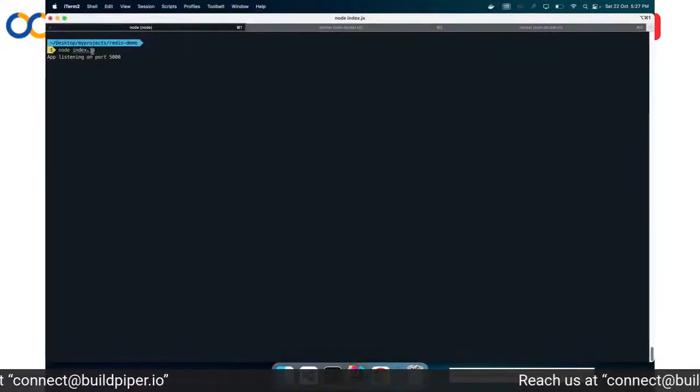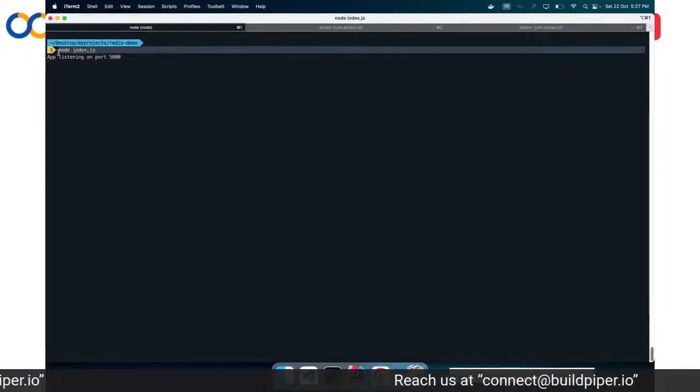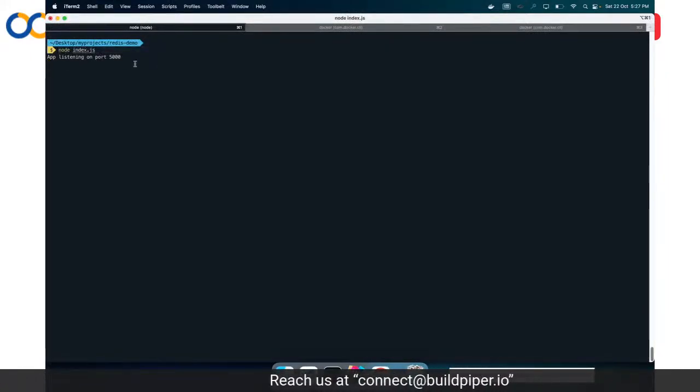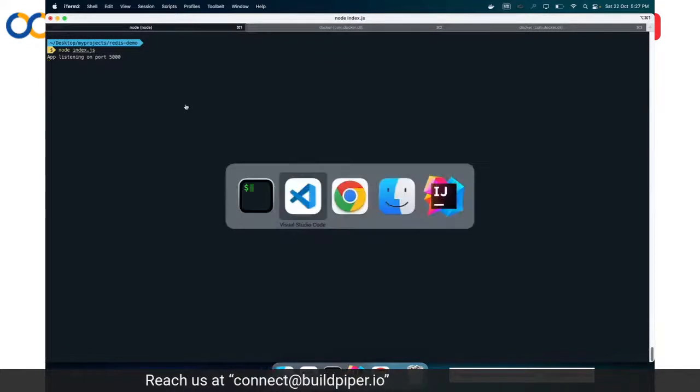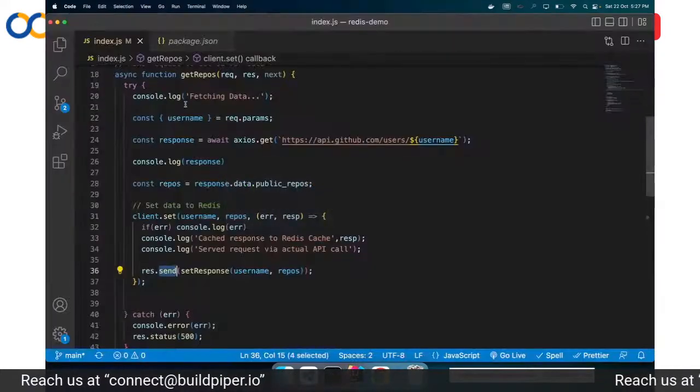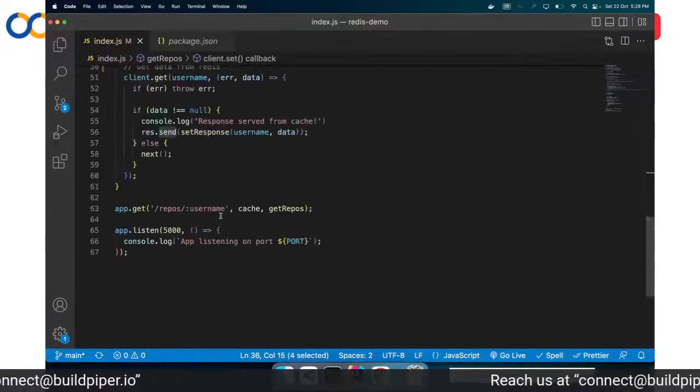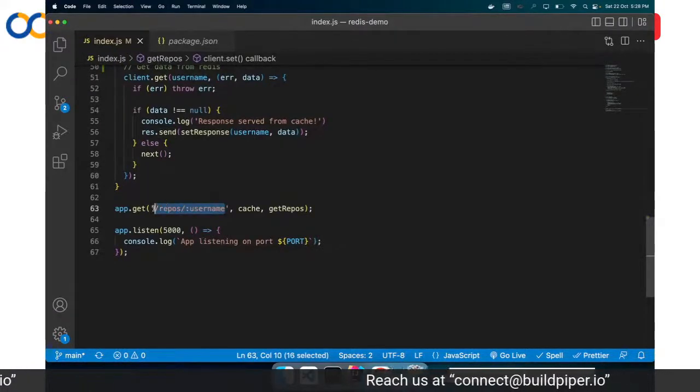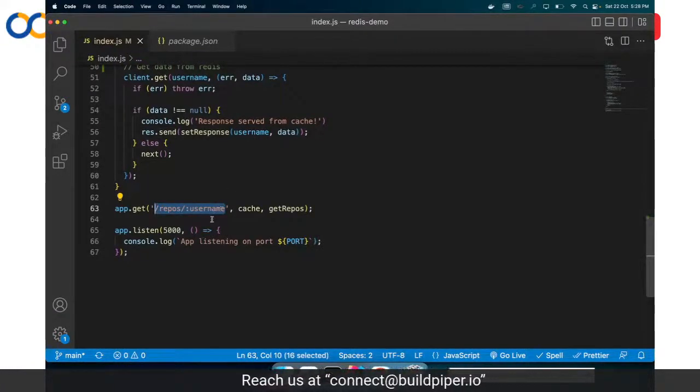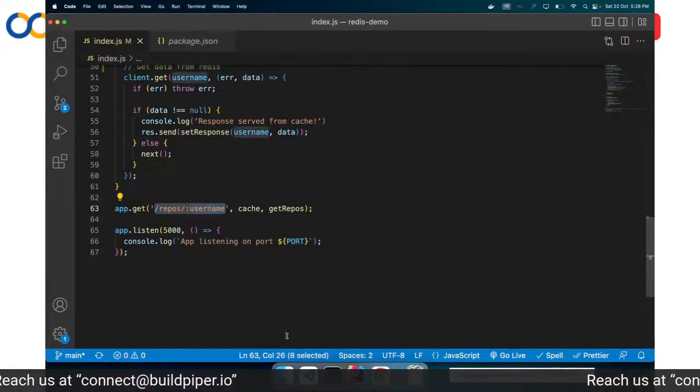So I'm running my Node application using the Node command, node index.js, and our app is listening on port 5000. So I go to the browser, and this is the API that we have created in our application, slash repos slash, and we are accepting a param.